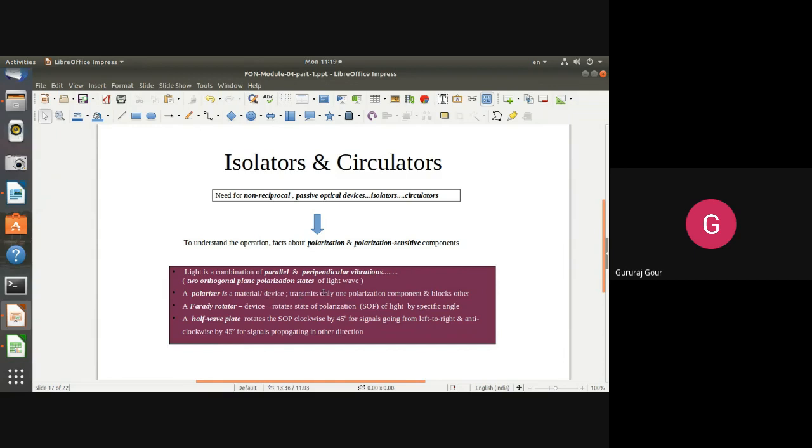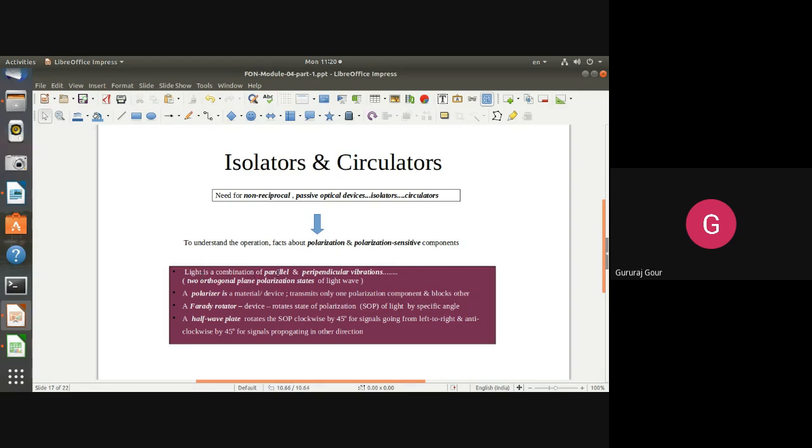So that is what I mean by polarization plane. The polarization plane corresponds to the orientation of the field components. For example, the plane which corresponds to the set of E field components, and in which direction they are oriented. That is what you mean by polarization state. Whether the E field components in that particular plane are oriented at 90 degrees or 45 degrees, that's what we mean by polarization states.